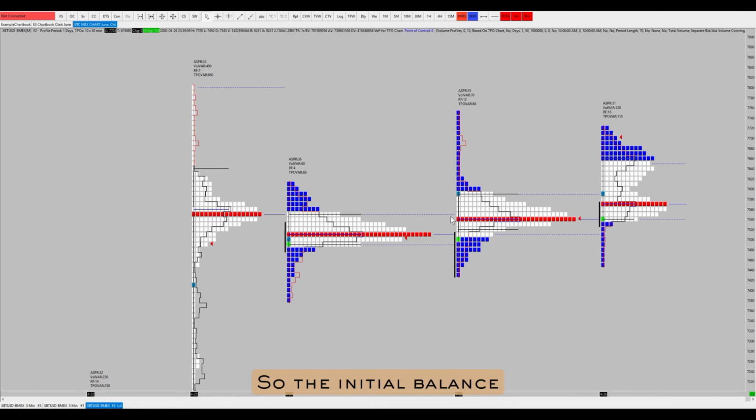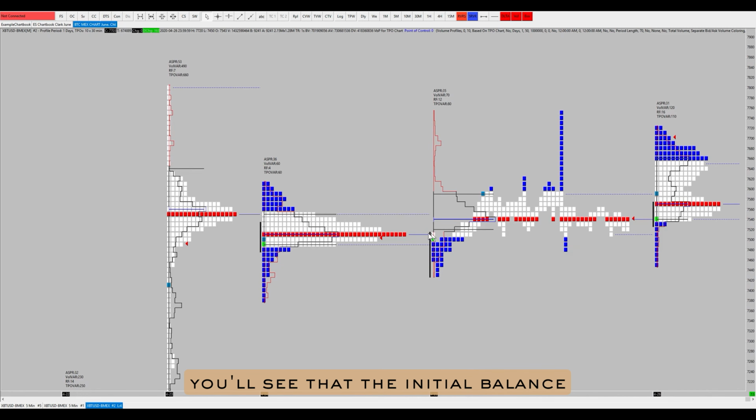So the initial balance is just showing us where we have opened for the first hour of the day, the range of prices. If we open this, you'll see that the initial balance is the first TPO period and the second TPO period from high to low. And before moving forward, these TPO periods, as you can see, are broken down by individual boxes. These are just representative of your tick setting. So in my case, I have each one of these boxes being a $10 increment of each one of these